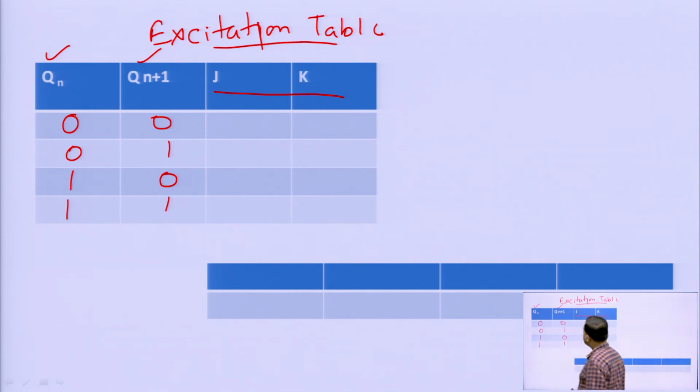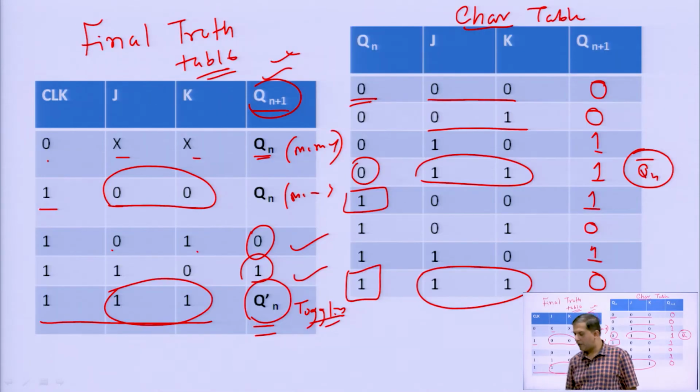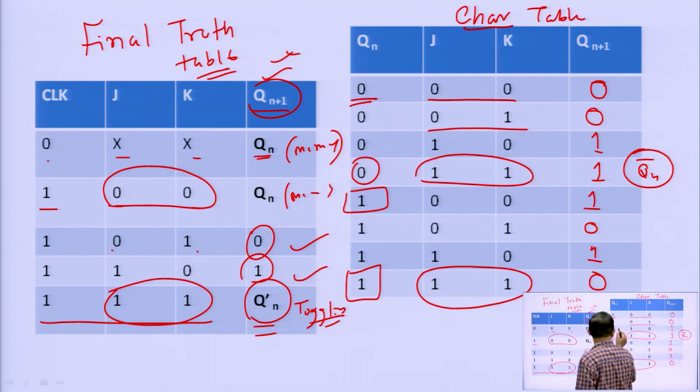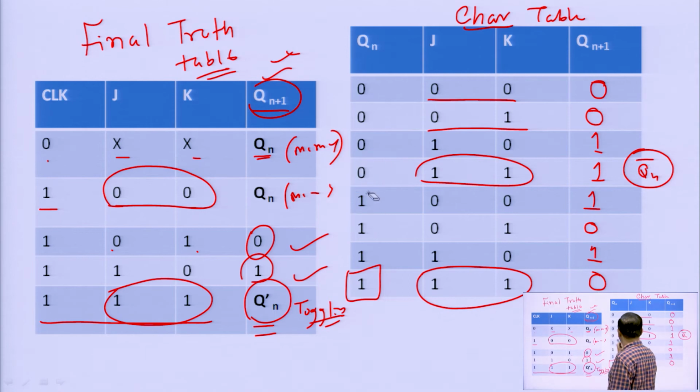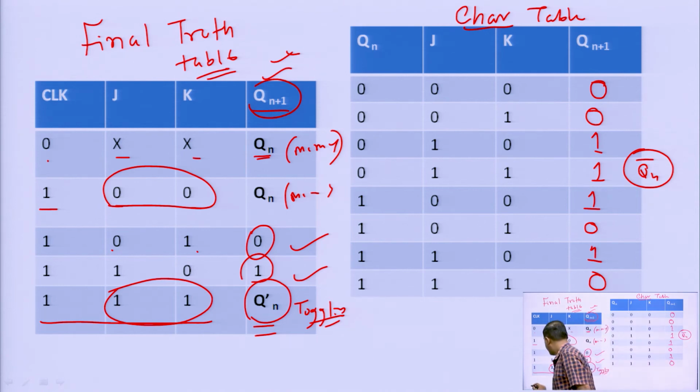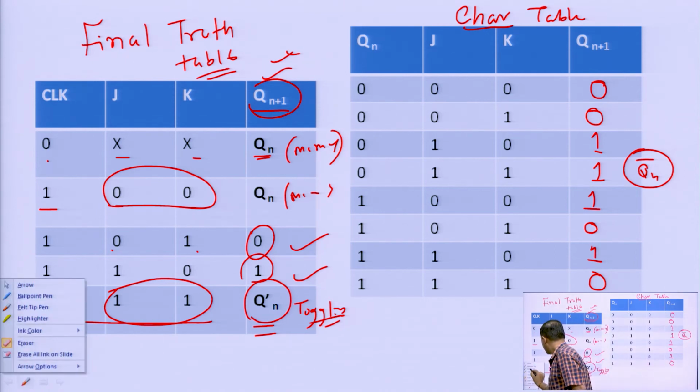Now we will check the previous table and format this. So, in the previous table, see, one second, we will erase like this, so it will be easy for you to understand. Okay. Now let us check.